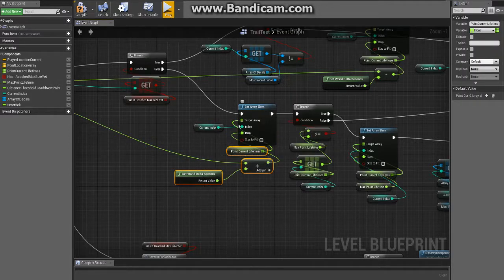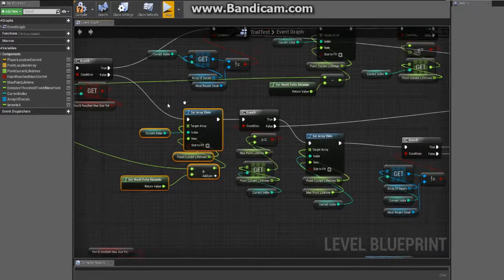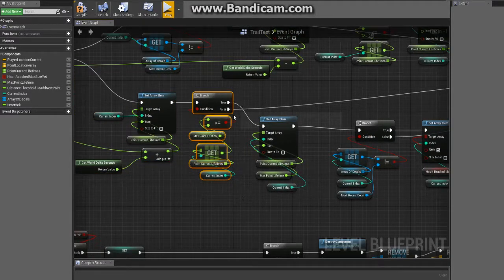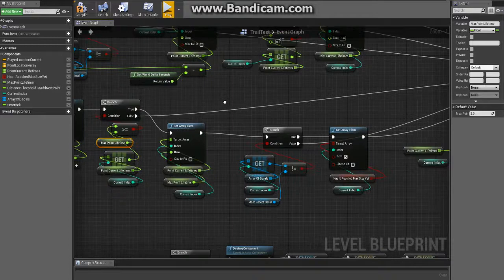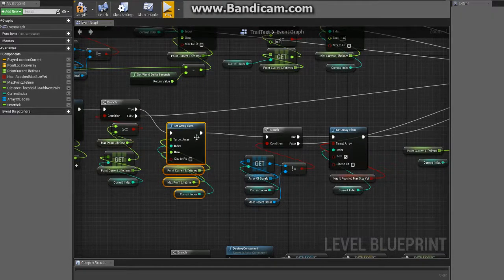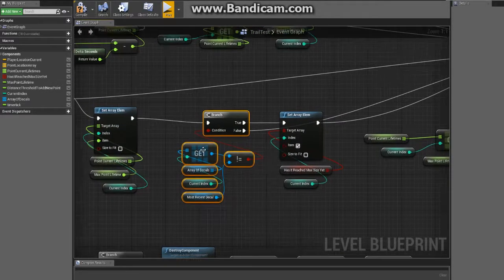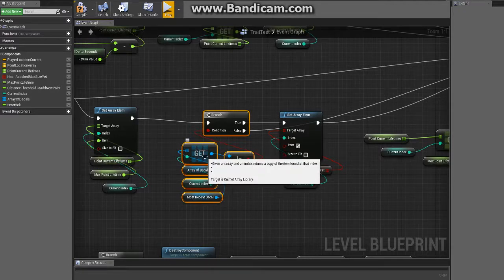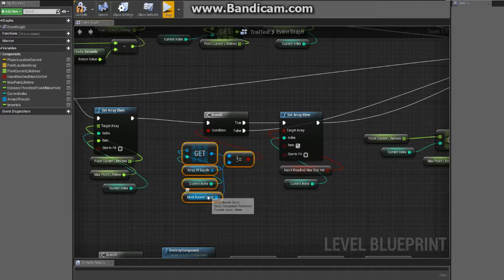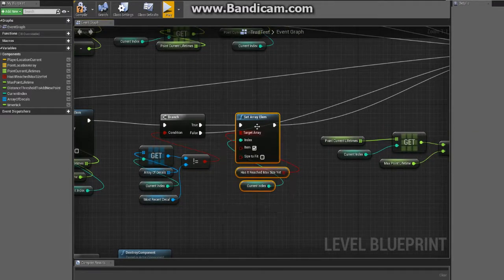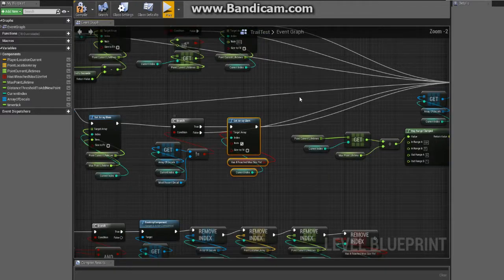We add some time to it, and we set that array element at the current index, and then we come in and do a branch check. We see, are we over our maximum lifetime, and if we are, then we set it equal to the maximum lifetime. And then we check our array and see, are you the most recent one? This is important. The most recent one's always going to be the one under your feet. So we're going to compare that, and if it isn't true, meaning it's a different one,